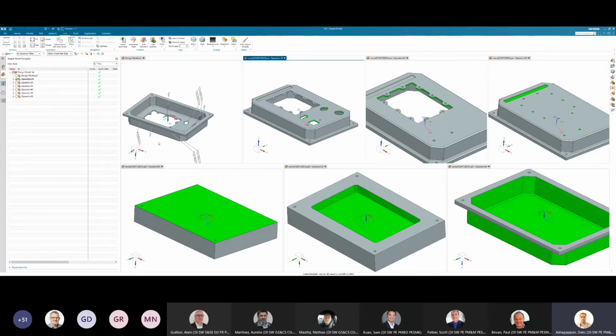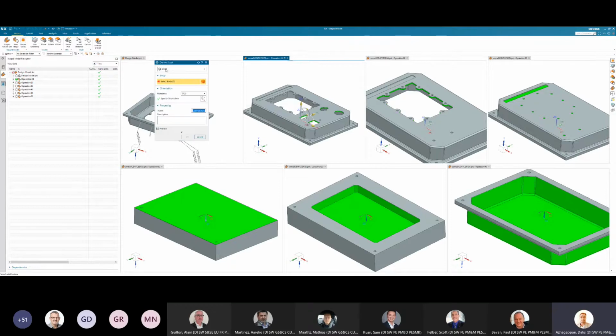So here we provide a new function which is called derive stock. Sometimes you can use an existing 3D model based on the engineering data. You can simply offset geometries to define that as a stock for you to start with, right? So we do have this new function, derive stock. In this case, I could select my final shape, and then I can also provide